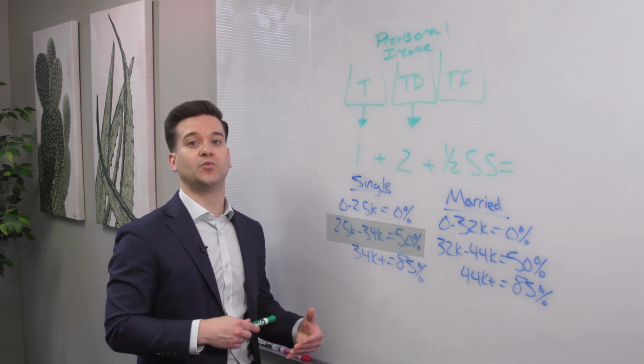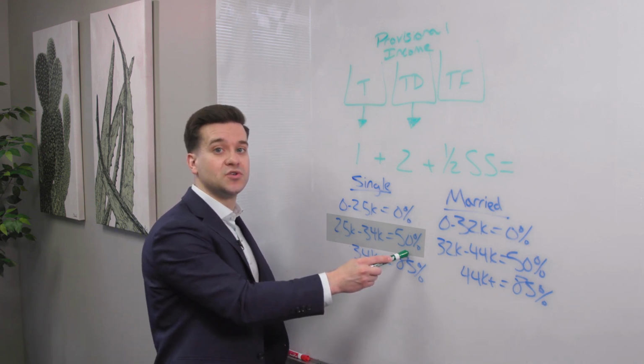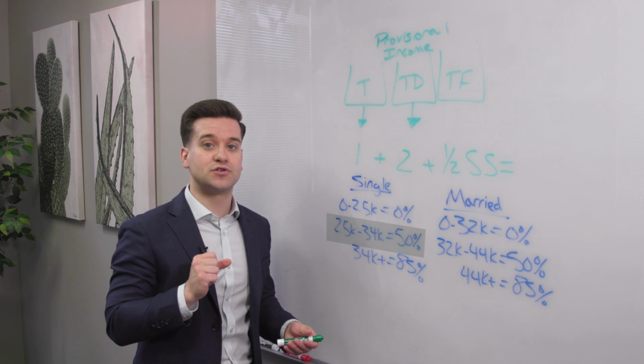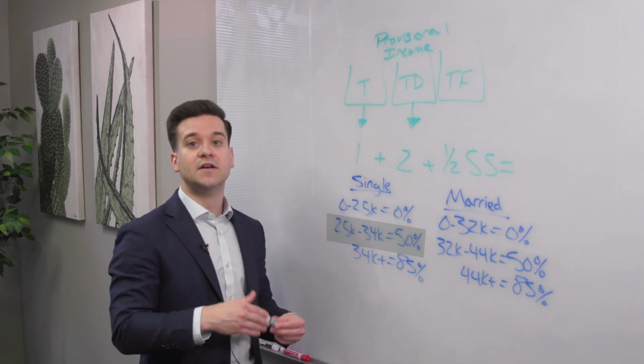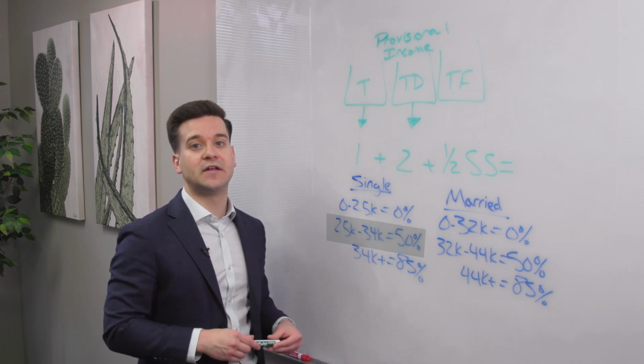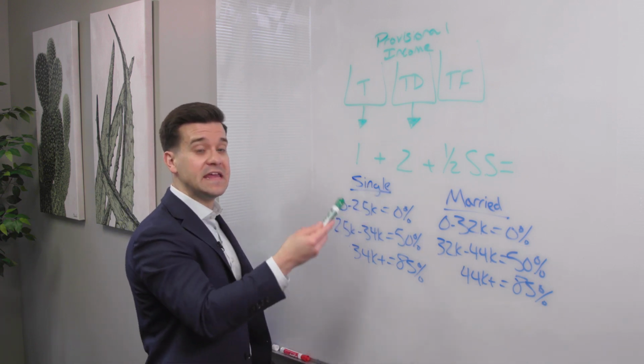But I also want to make it really clear. You're not going to get taxed 50% on your Social Security. Just half of your Social Security is going to be included in your taxable income for that year, subject to your highest ordinary income tax rate. And then lastly, if that number equals